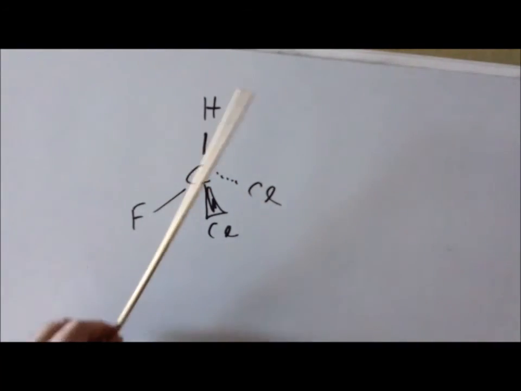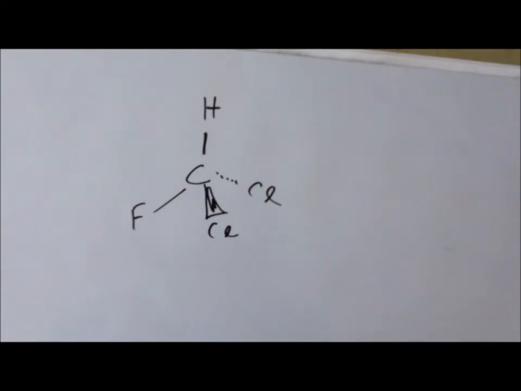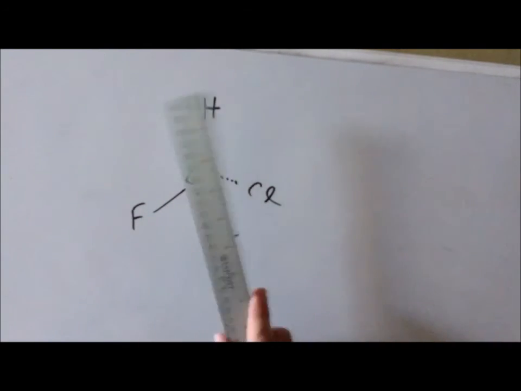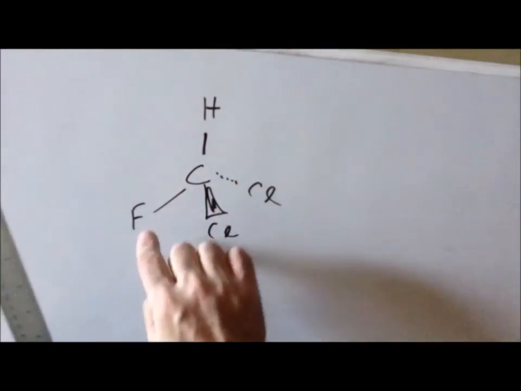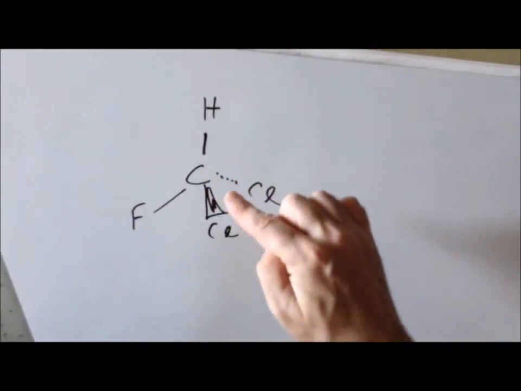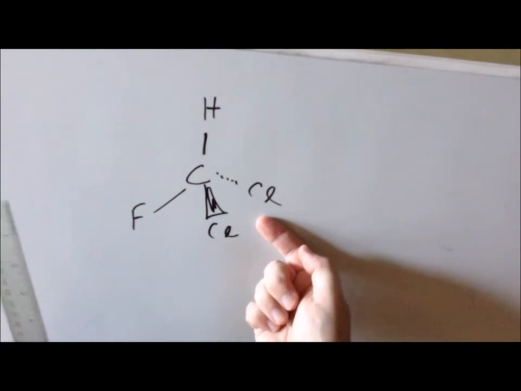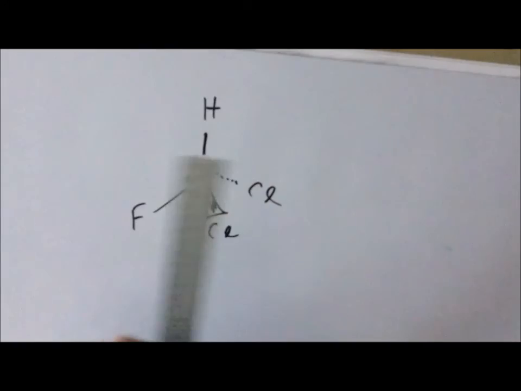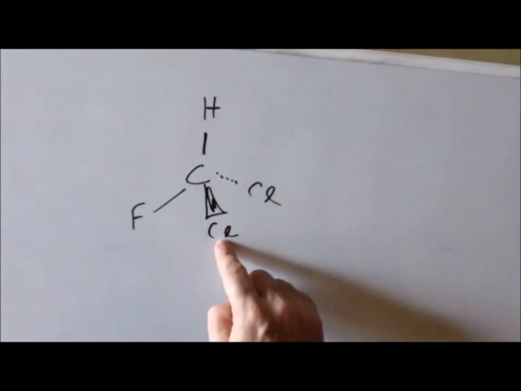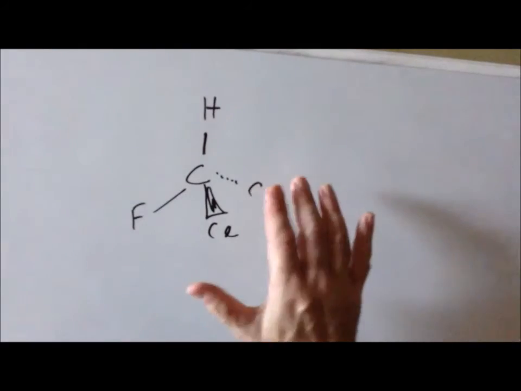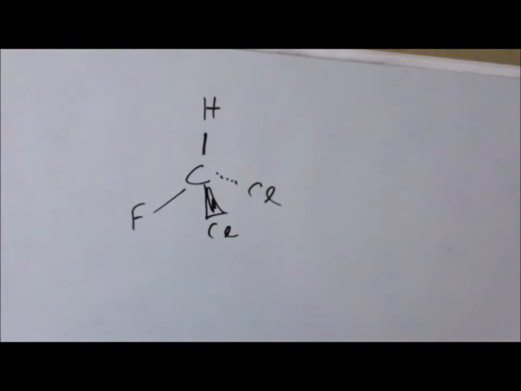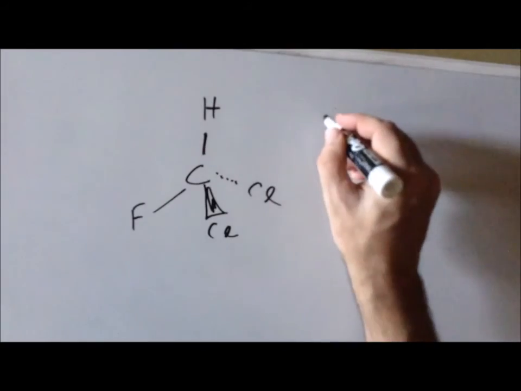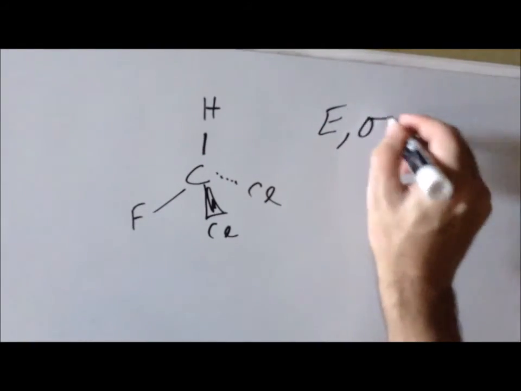And no matter where we would try to find either a 2- or 3-fold axis, we wouldn't find any. It turns out that the only point symmetry element in this molecule, other than the identity, is the fact that in the plane of the board, hydrogen, carbon, and fluorine are already in the plane. We have a chlorine atom in front and a chlorine atom behind the plane, right in front of each other. So a mirror plane in the plane of the board would reflect this chlorine into that chlorine, even though this drawing doesn't make that obvious. So this particular molecule has the identity plus a mirror, so that tells us that this belongs to the point